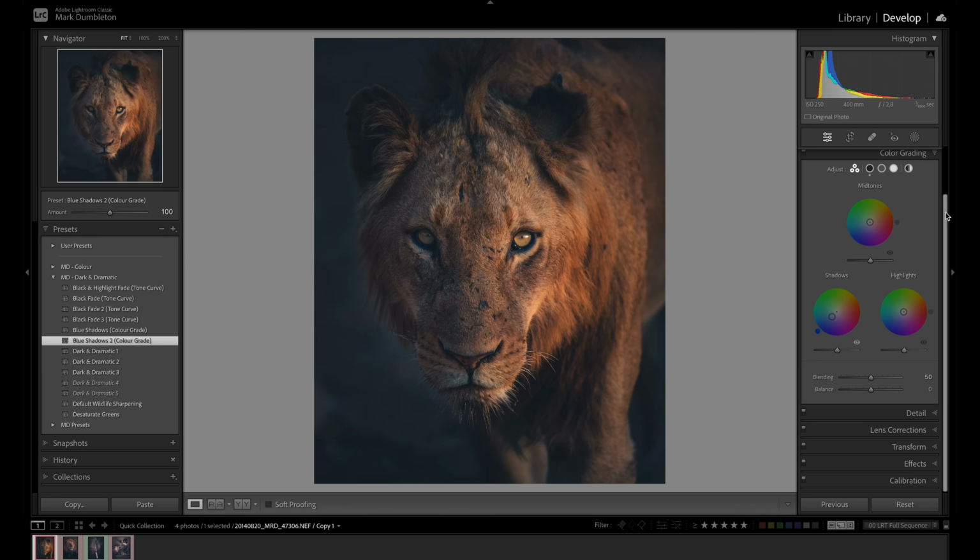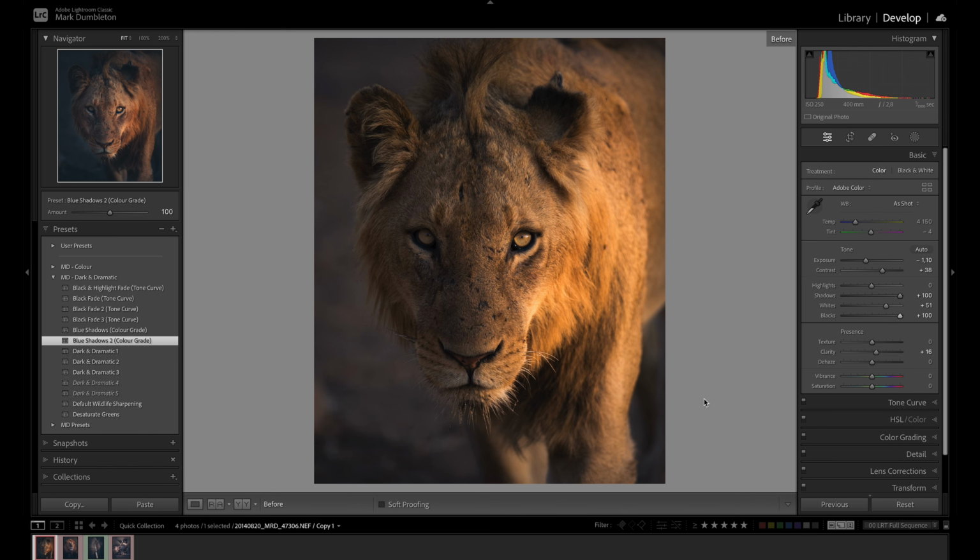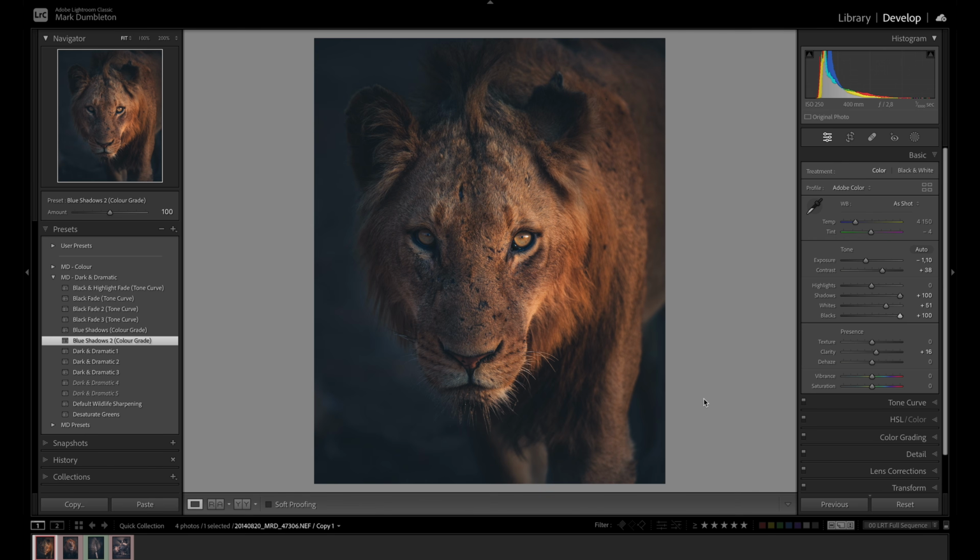What I may do is just go back into the basic panel and just adjust these sliders a little bit more here, just to fine-tune the image, but I'm pretty happy with that. So this is the before, that's what we started out with. And this is the after. So you can see it's very flat, it's got a lot of mood,